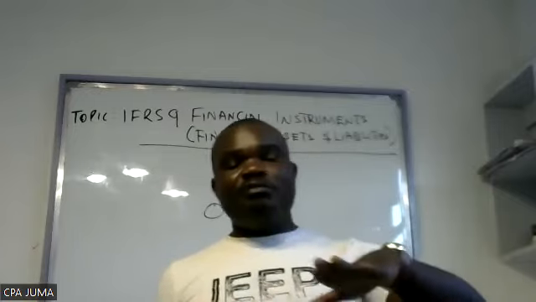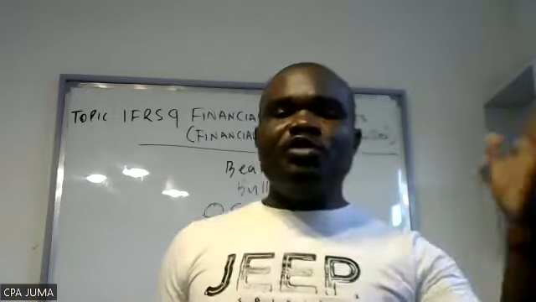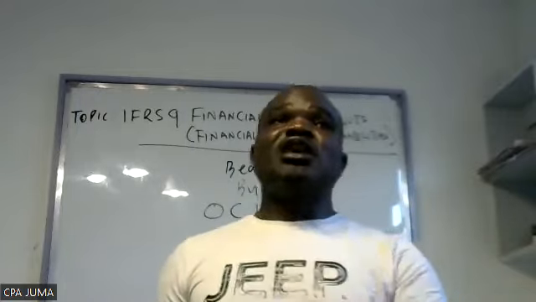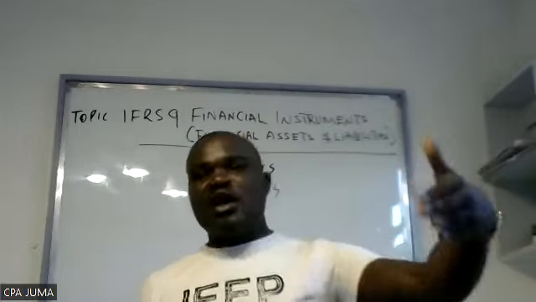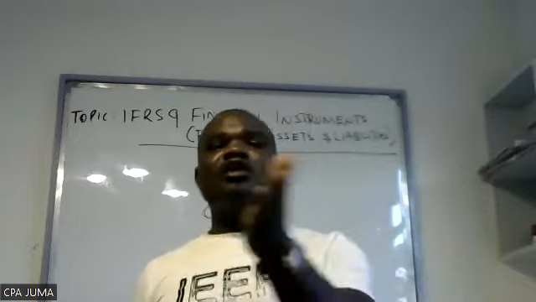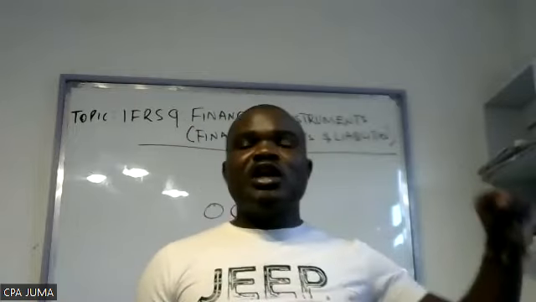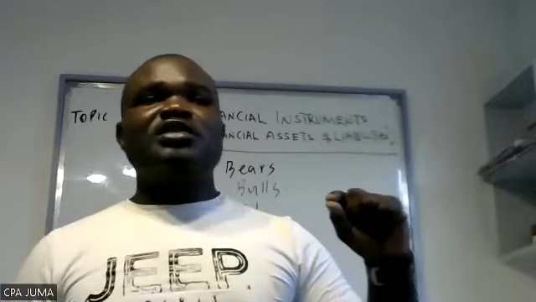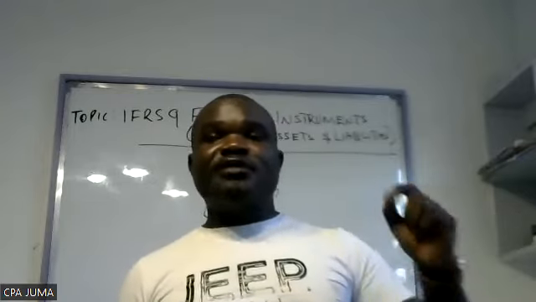Initially, all of them, whether short-term or long-term, you measure at fair value, which is the market price. Then in the subsequent period, in the years to come, the short-term will continue to be measured at the market value, but the long-term ones will be measured at amortized cost. Amortized cost, we have said, is the adjusted value of the instrument after taking into consideration the market capitalization. Market capitalization here is the finance cost. Then you subtract the actual interest. The resultant figure is what we call amortized cost.